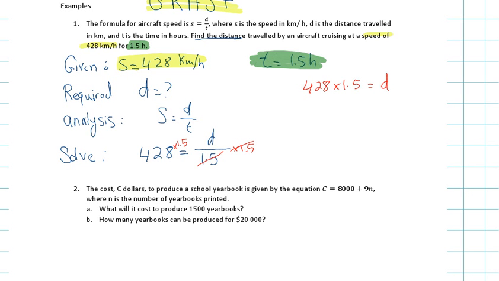642. And then what unit would distance have? Distance traveled in kilometers. So that's gonna be 642 kilometers, right? So, given, required, analysis, I solved for my distance, right? Now what you have to do is, under your paraphrase, you're gonna say, therefore, the distance